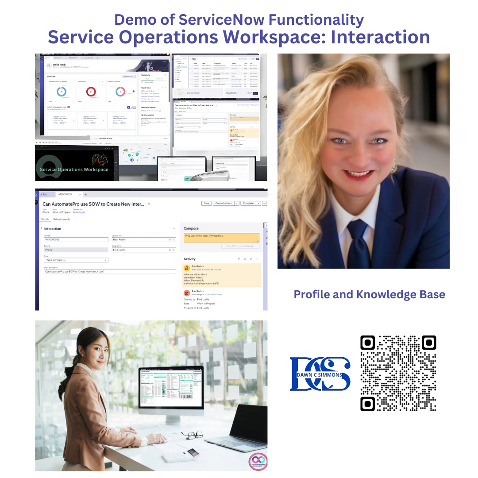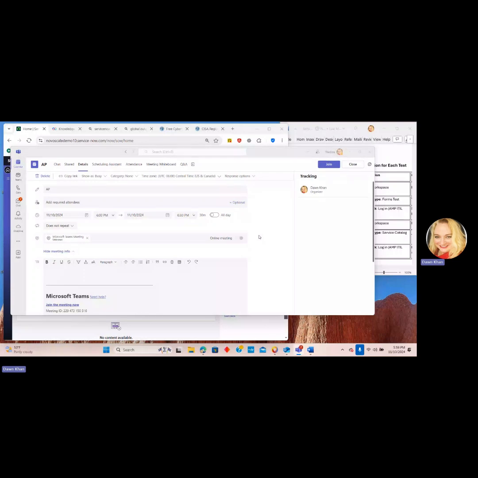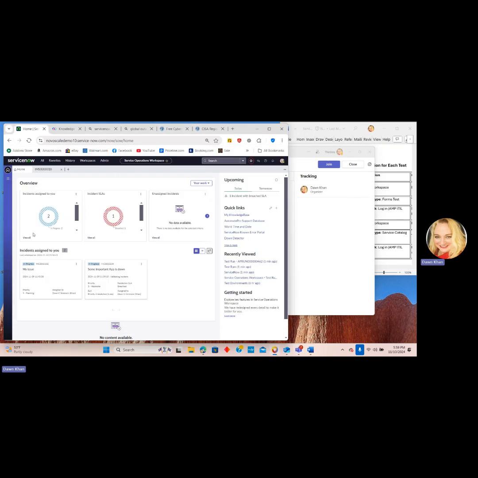We are going to share how to use Quick Start AI from AutomatePro to generate a test of ServiceNow functionality. Tonight's Quick Start AI exercise is using the ServiceNow Service Operations Workspace, and we're going to test one function